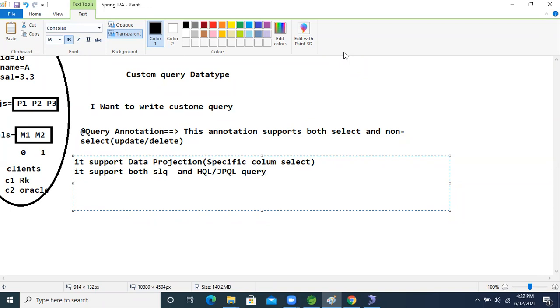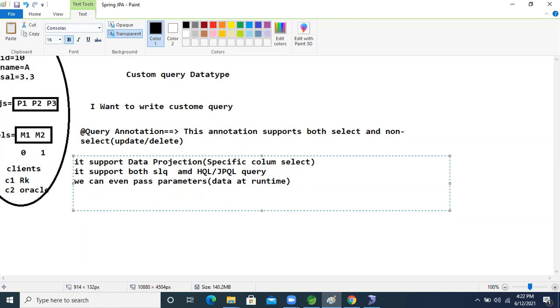Now we can even pass parameters also, dynamically, the question mark positional parameter we saw, right? Parameters are nothing but data at runtime. Good, very good.